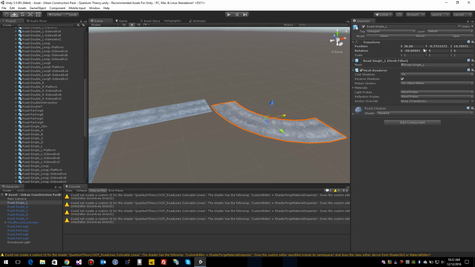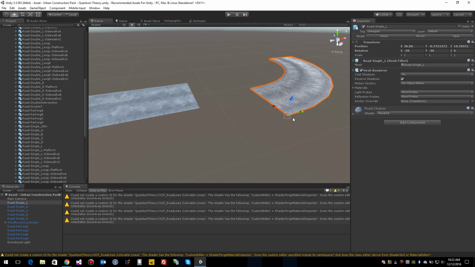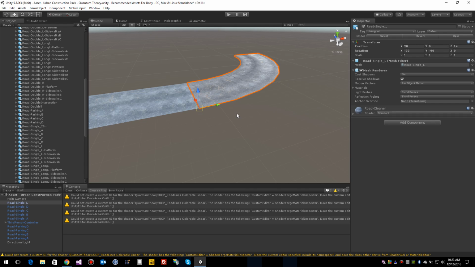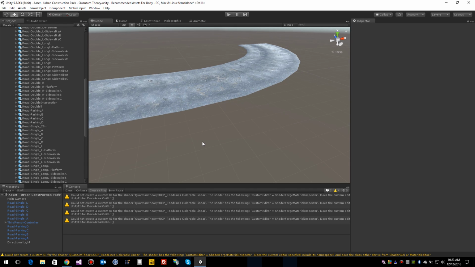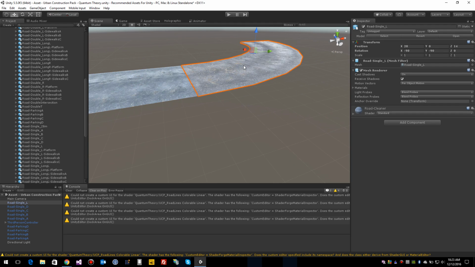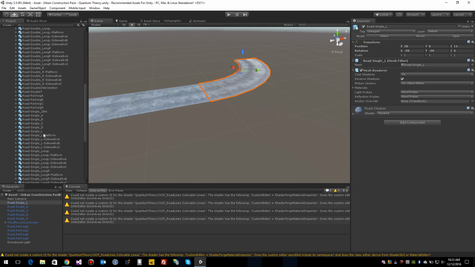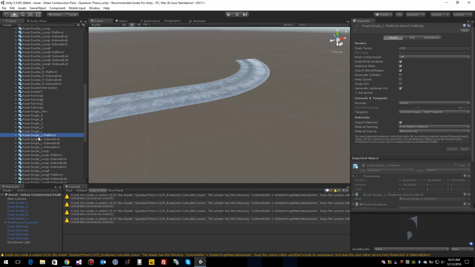So remove the decimal spaces. This one rotate on minus 90 degrees, and I think it's not minus 90. Or let's check that. Actually, it seems it actually aligned okay. So let's now see what else we have here. We have a rod single L